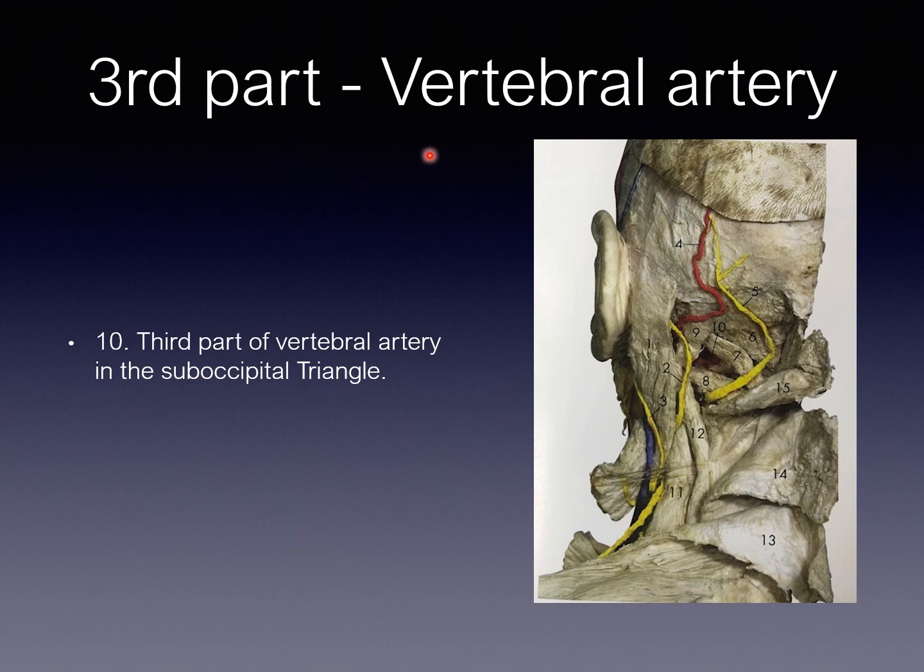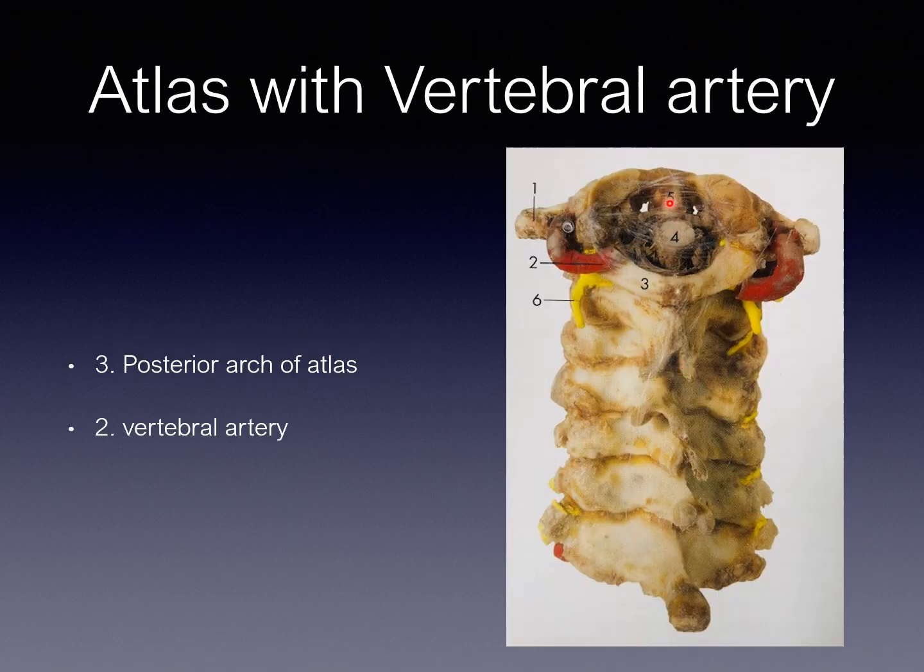And then third part of vertebral artery, the second part I said enters into the foramen. Third part you can see inside the suboccipital triangle along with the nerve. Okay, and then fourth part, it pierces the posterior longitudinal membrane, all the arachnoid matter, dura matter, everything, and it enters into that. Okay, look at this, this is the base of the brain. So this 2 is your vertebral artery. After the third part it enters into the brain.